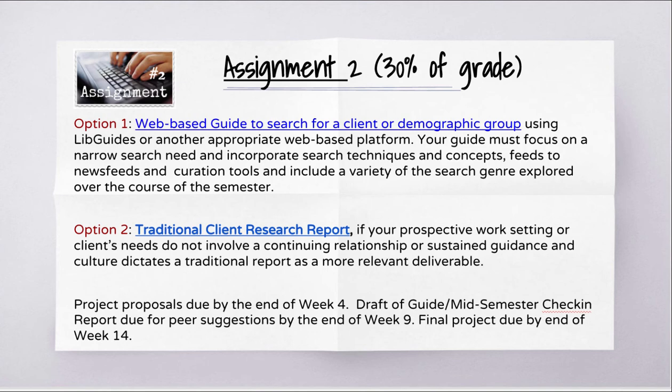and all that other stuff that you're learning throughout our semester. I realize that some of you are going to land in a corporate or legal environment and your clients' needs do not involve continuing a relationship or sustained guidance and learning. And for those of you, I want you to have the option of doing a traditional deliverable, a client research